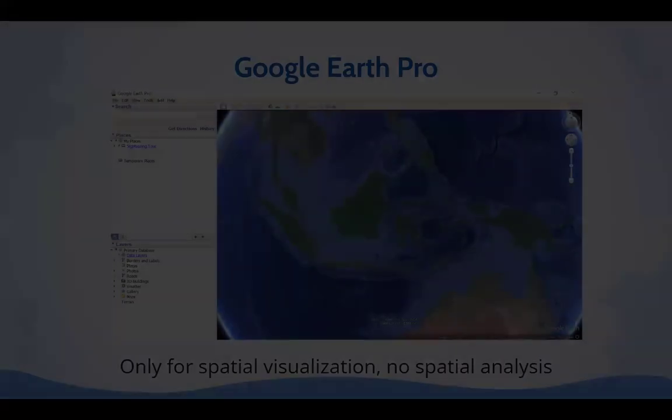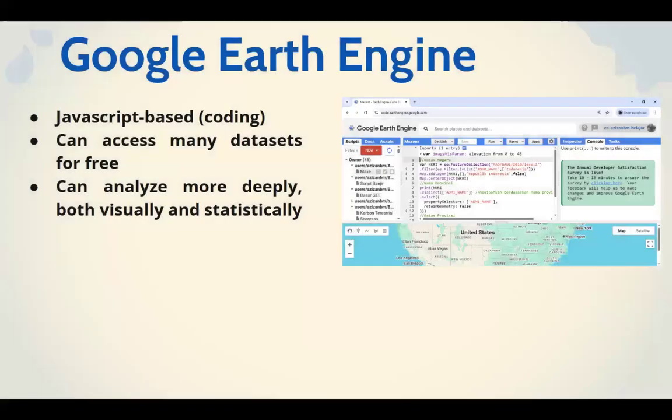But Google Earth Engine is also a tool by Google, but it's JavaScript based, so you have to learn JavaScript code. But in Google Earth Engine, you can access many datasets for free, and you can analyze more deeply, both visually and statistically, unlike Google Earth Pro.